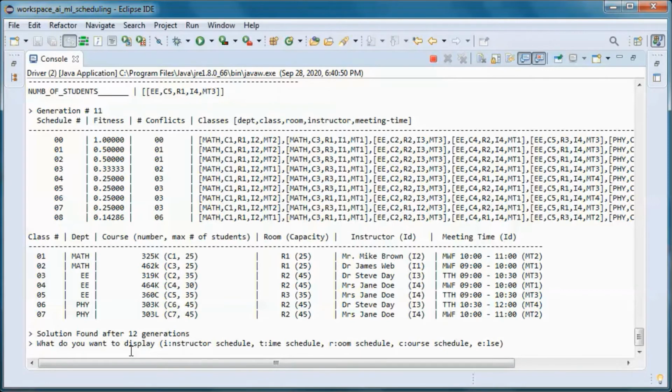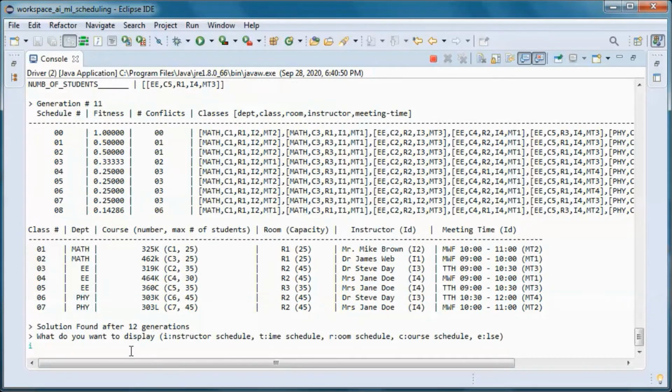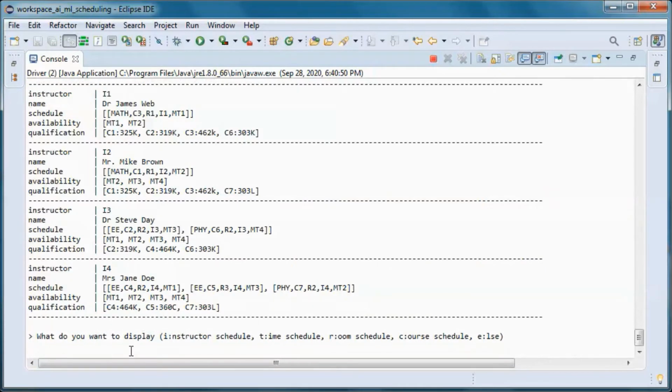And let's display the schedule from the instructor perspective.